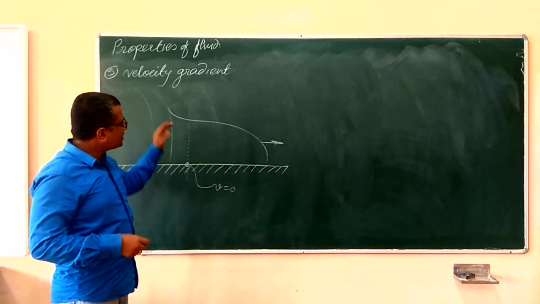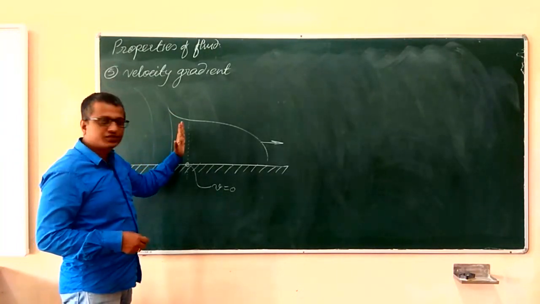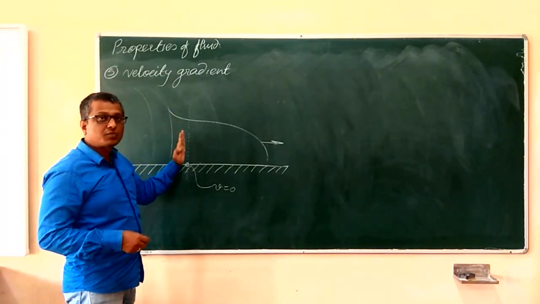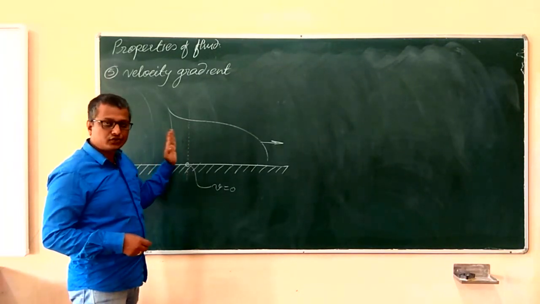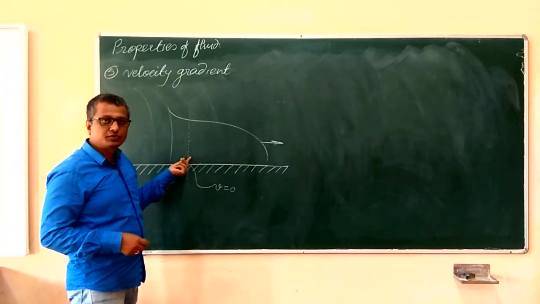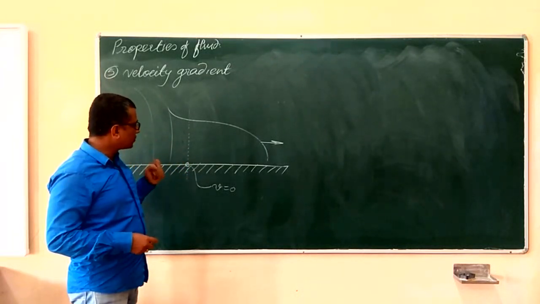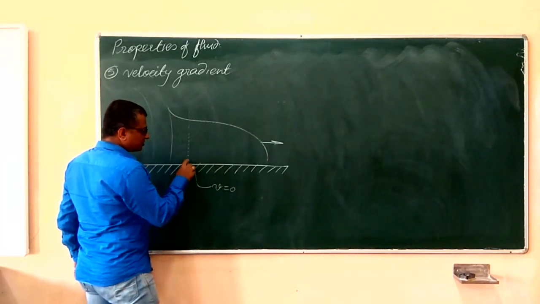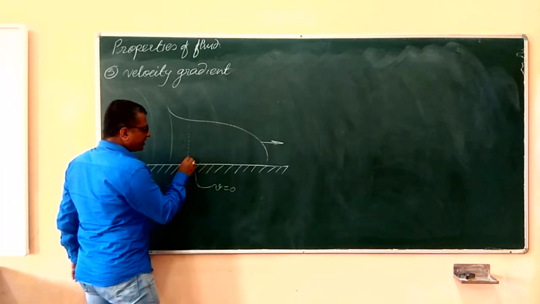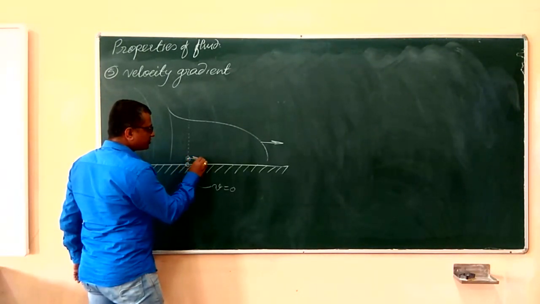If I represent the velocities of all these fluid particles across this section in the form of vectors representing the direction and the magnitude of the velocities, then I will have a beautiful pattern over here. What is that pattern? I will show you. Let us say the velocity of this fluid particle, next to the solid surface, is, say, up to this much length.